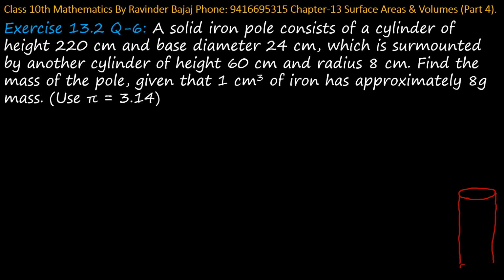Okay. And whose height and radius is given. On this one there is another cylinder. This is the smaller one, and whose height and radius is also given in the question. So the total length is the total solid. So this height is given, I'll say this is small h, this is capital H. Small radius is given, I'll say this is small r, and this one radius is capital R.